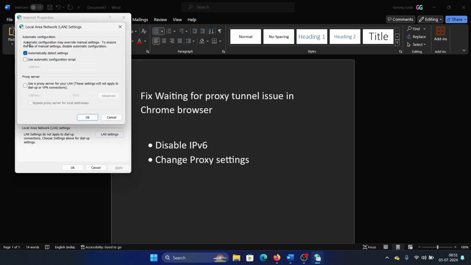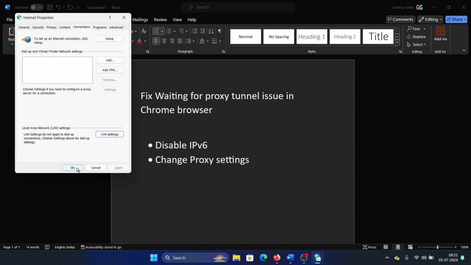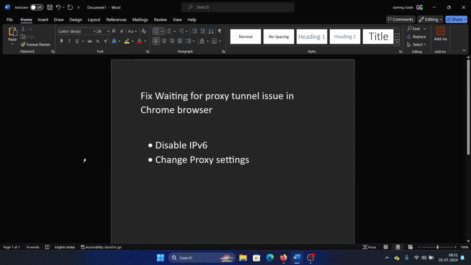Click on LAN settings. Make sure that automatically detect settings is checked and all other checkboxes are unchecked. This should be unchecked especially. Click on OK, then on OK once again. And this should fix the problem if the issue was just with proxy, but if IPv6 is enabled, then you